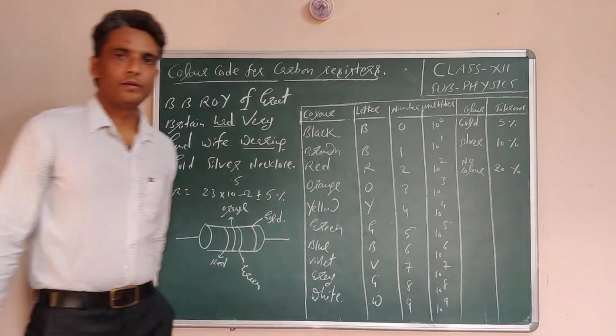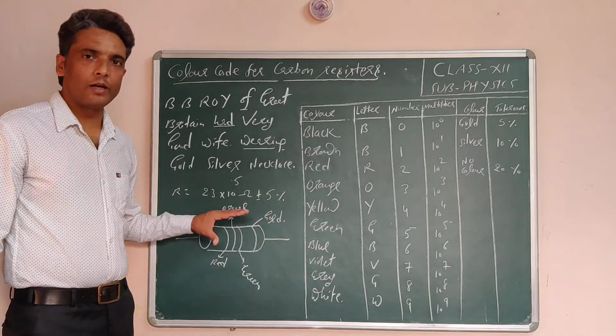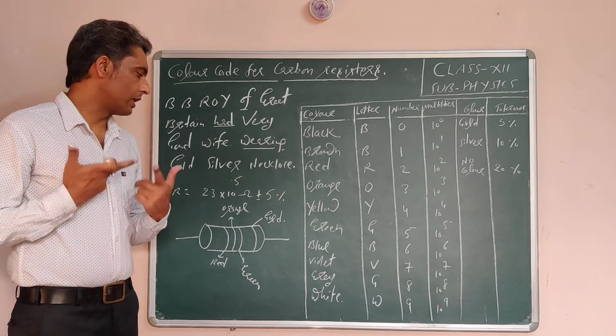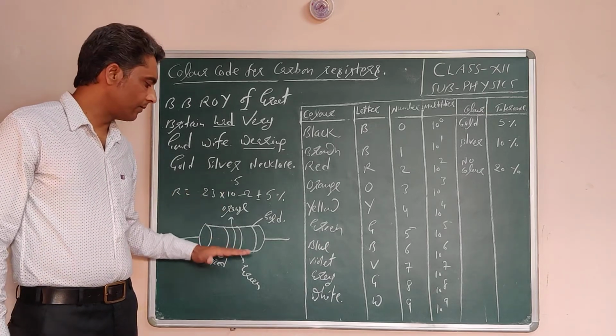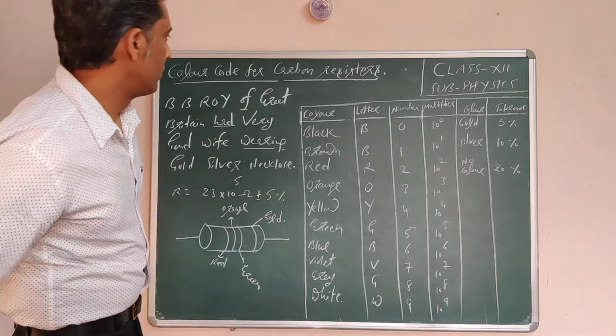So in this way we can write the colors of different bands if we are given the value of resistance, and we can also write the value of resistance if we are given the colors of the bands. So next,